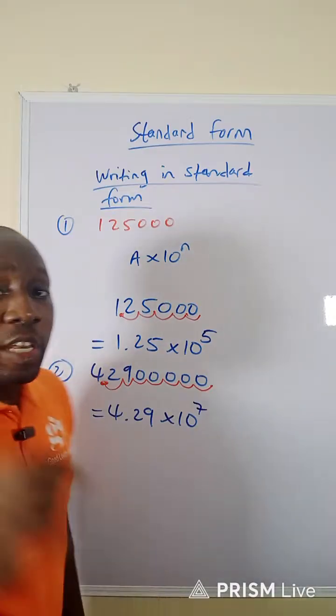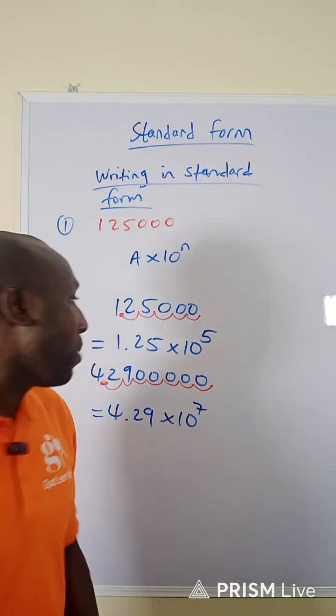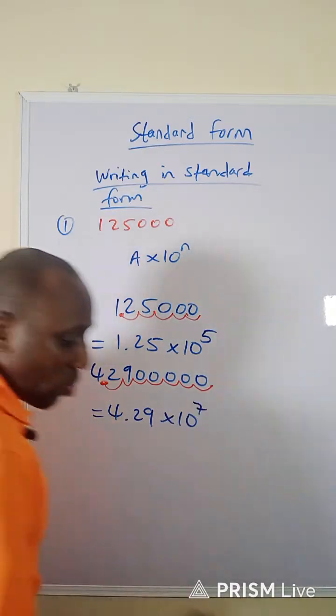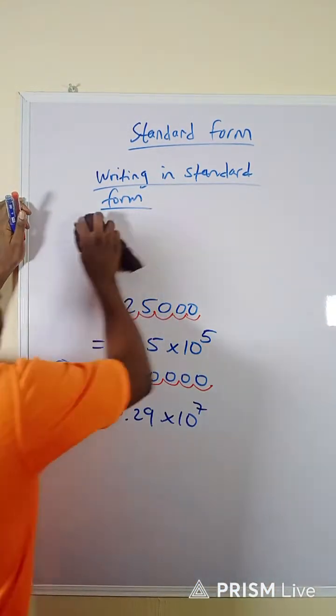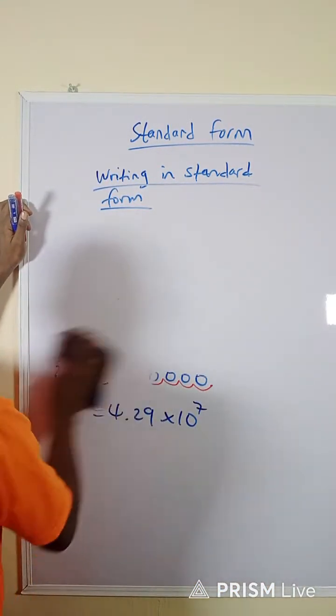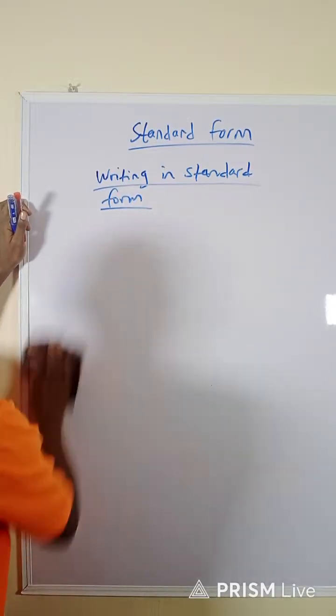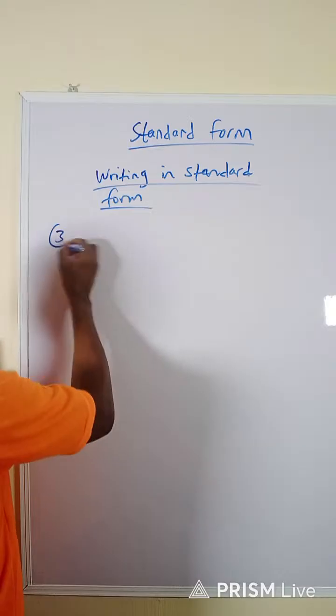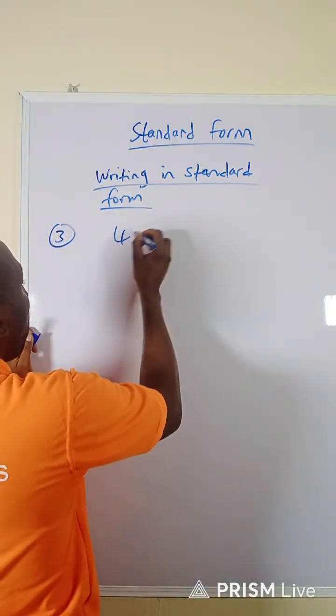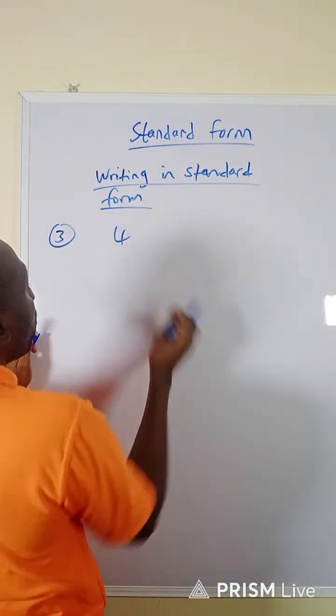So we now want to look at numbers that are less than 1. Okay, before we do that, let me give you another example, because some people used to get confused when they see this type of question. Let me just show you what I'm trying to say before we go to numbers that are less than 1. So I think this is number 3. Let's say you have 4, hold on a bit,